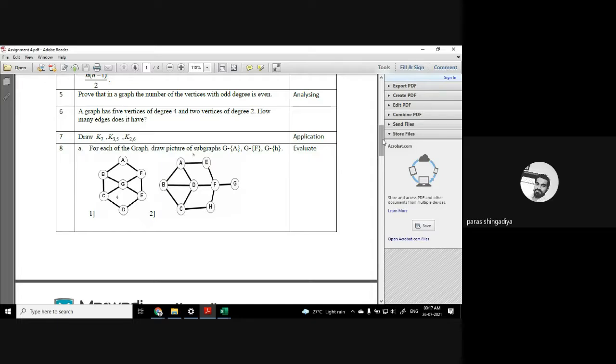And if more practice is required, you can add some more examples of complete graphs: K8, K9, K25, K11. Right now there are three examples, three graphs you have to draw. But if more practice is required, then you just add some more graphs: K6, K5, K9, K8, and just draw them.